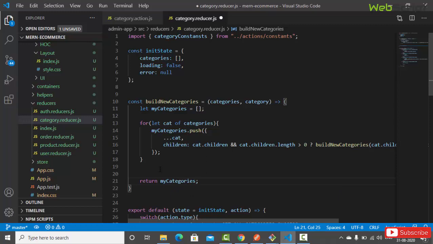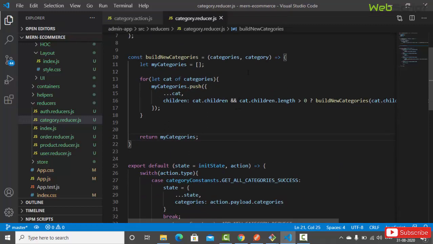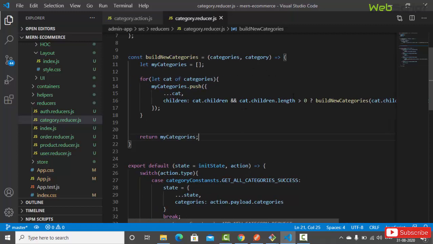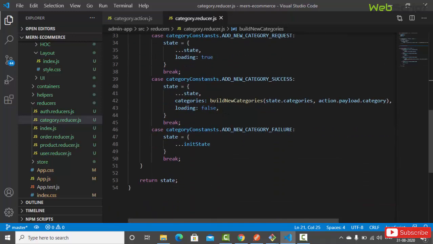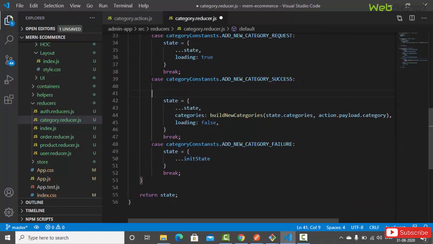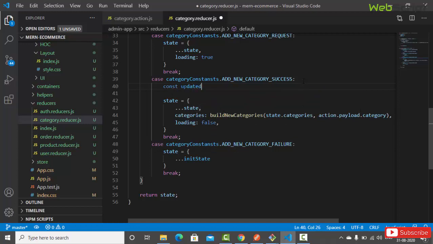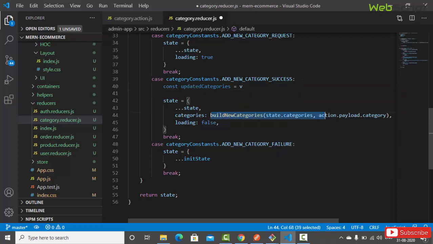Let's see if it is working or not first. Oh, this is not finished. We haven't added the category at all, we are just traversing the list. So here we have build new categories, and now let's test this. For the testing, let's say const updated categories equals build categories,